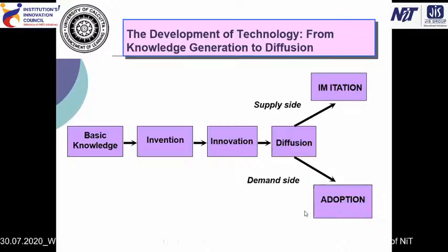This was the basic knowledge: invention, innovation, diffusion. The supply side is the imitation. This is the demand side of the adoption. Imitation is the supply side, then the adoption side is the demand side. So, in the next,